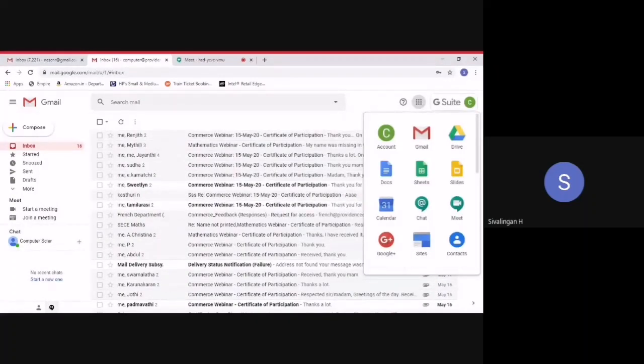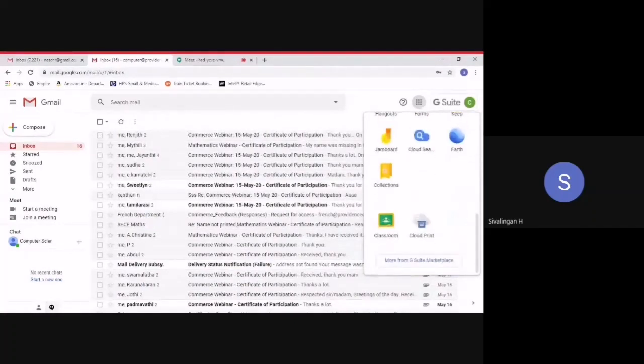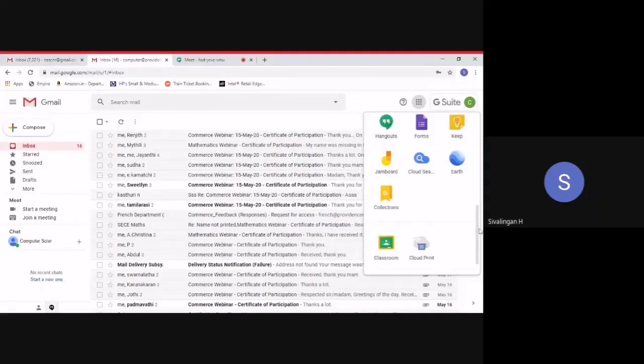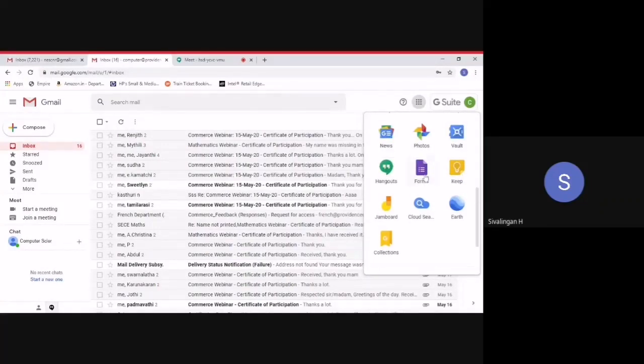Next, you click on the nine small buttons. In this place there will be many options. Compared to the normal Gmail account, here you will find one or two extra Google apps that you can have a look at. And the other difference I mentioned is Forms. In the last session, I was teaching that in a normal Gmail account you will not find Forms in this particular place. But since we are using a G Suite account, you find Forms here itself.